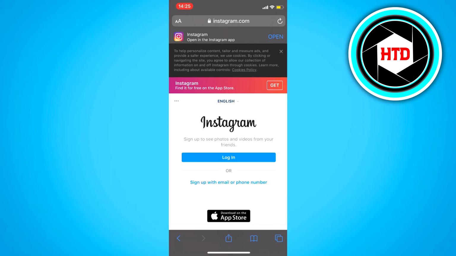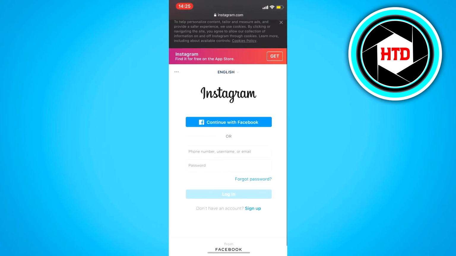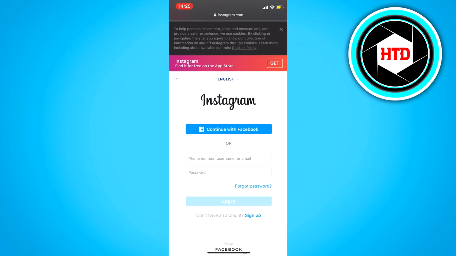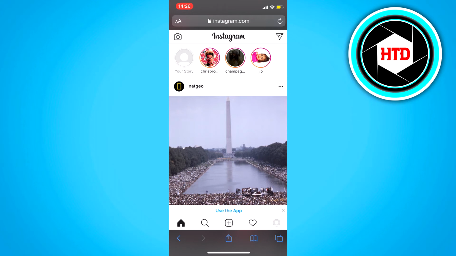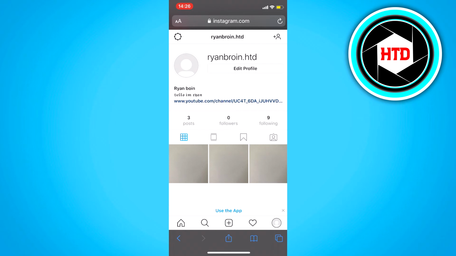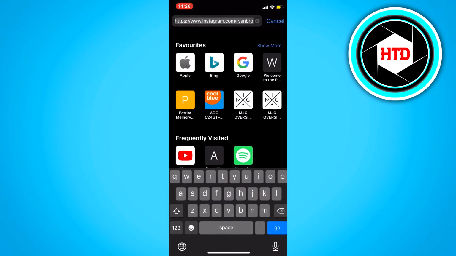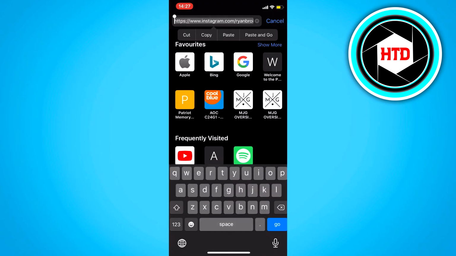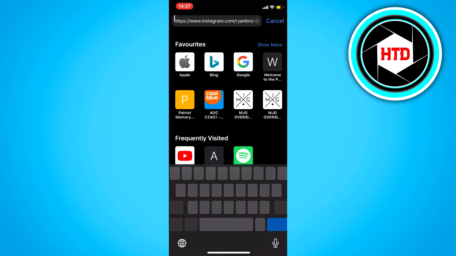And what we want to do is log into our account. Just like this, click on login, then log into your account. Once you're logged in, this is basically the exact same Instagram as in the app, but the difference is if you click on your profile at the bottom right corner and then go to the link, you can see that the link is now